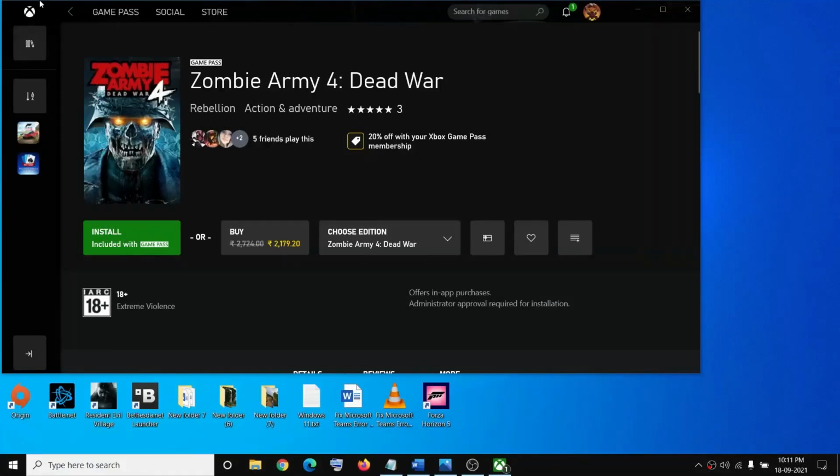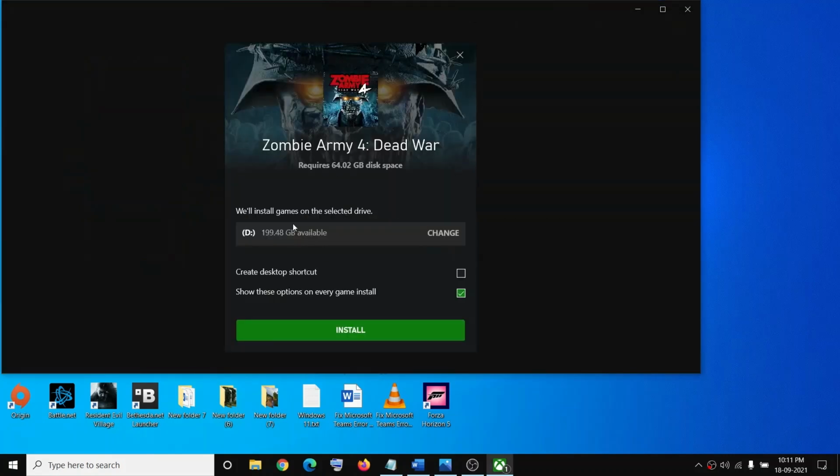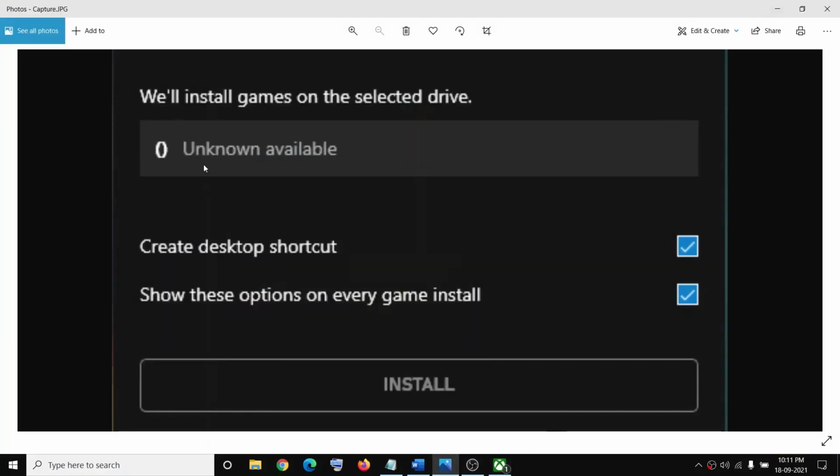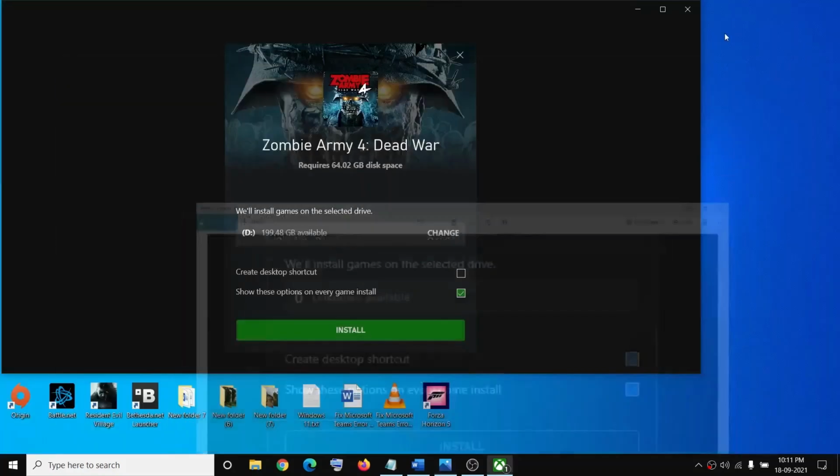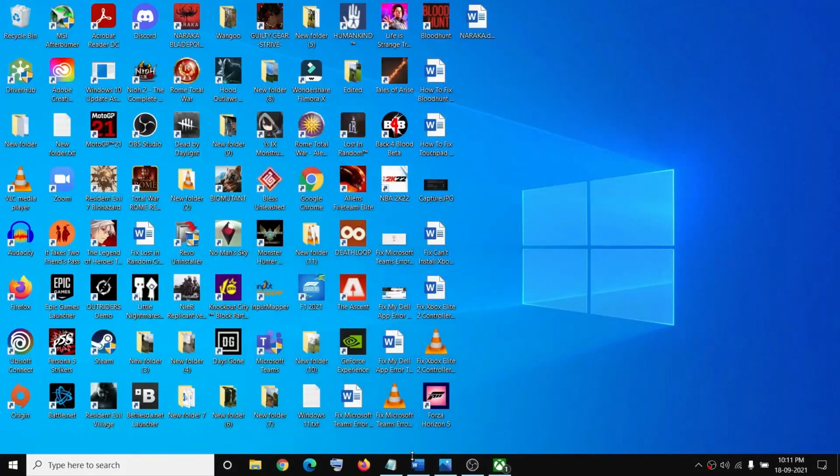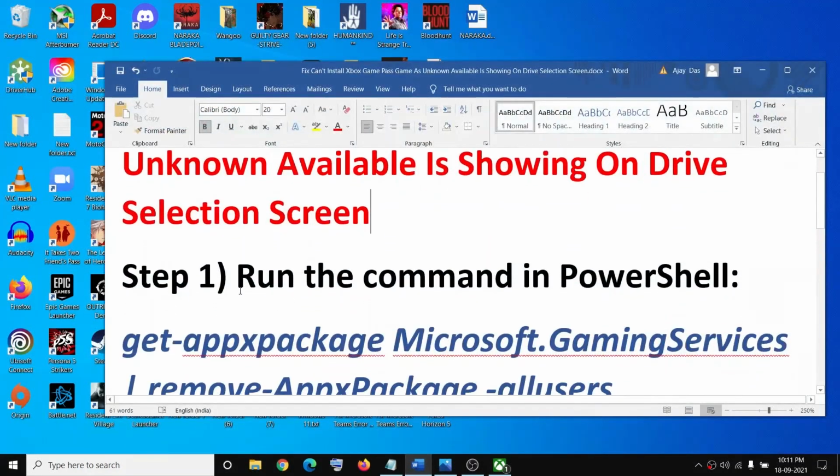So when you try to install any game from Xbox app, once you click on install on the drive selection screen, if you see over here it shows unknown available. So if you are facing this problem, then please follow the steps shown in this video. Now to fix this, go ahead and run this command